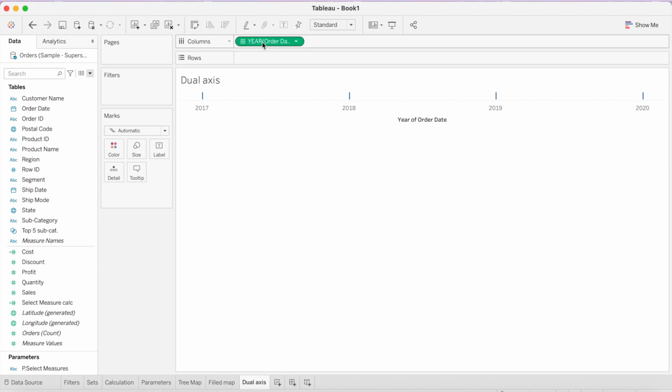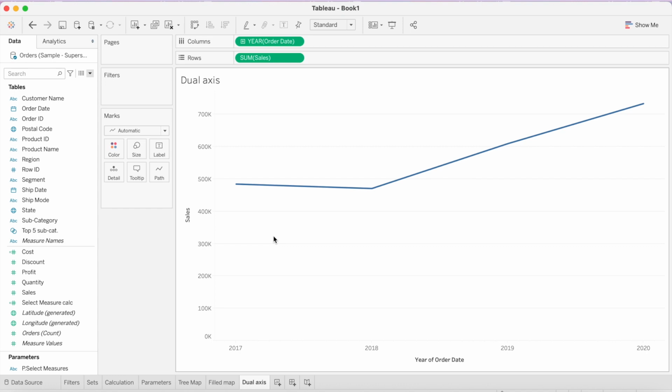The green color of the pill represents that our year is now in continuous form. Now we will drag sales to rows, and this is how our line graph is created, and it looks like this.